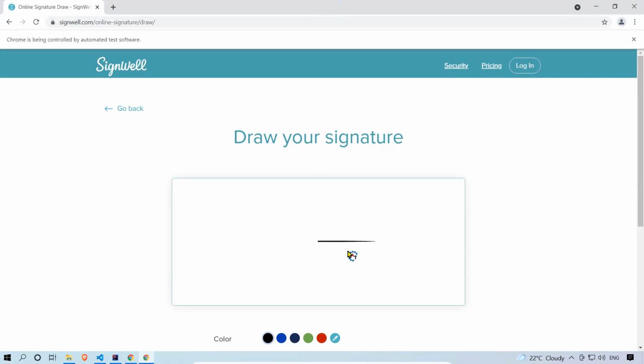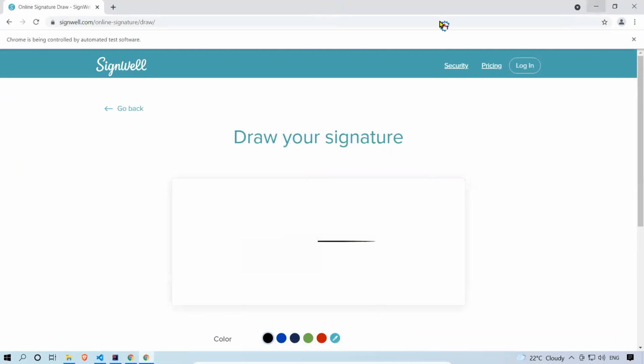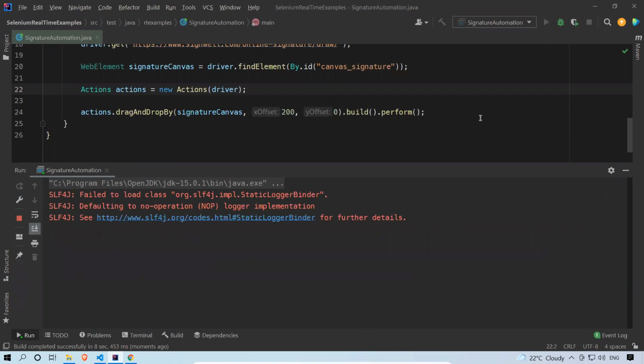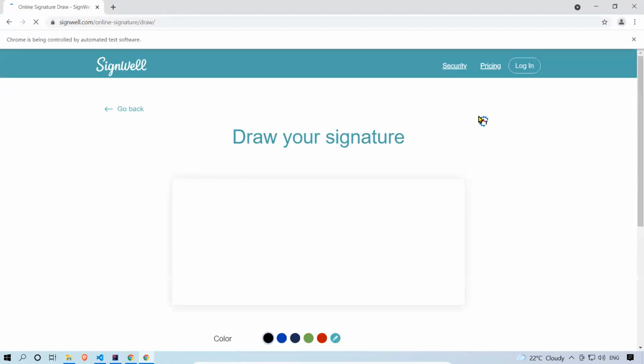If I'm able to manage something like this, I can click on accept and move forward, which means I'm able to automate this kind of application. Let me rerun this to see whether it works fine. You see, the same thing.